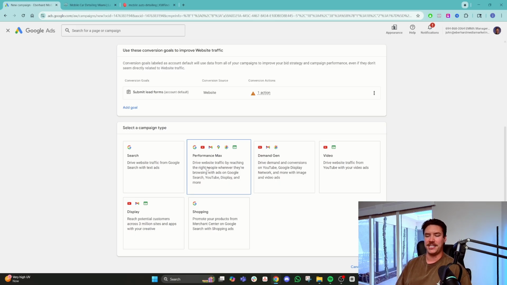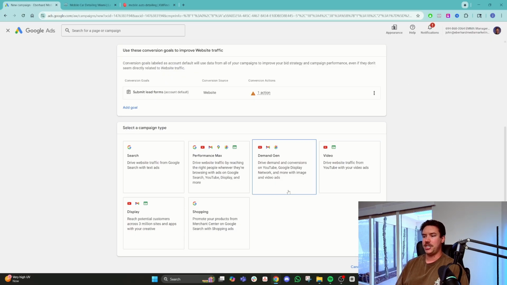And then a performance max campaign. You can even read these along with me. I'll go ahead and read them. Driving website traffic by reaching people whether they're browsing on Google search, YouTube, display, or more. So this is where you're typically going to have to have a lot more assets, such as photos, videos, etc. Because now not only are your ads going to be seen when someone looks something up in Google, but you're also going to have your videos and photos shown on YouTube ads. You're going to show up in the promotions tab on Gmail, on Maps, and display ads, like the banners and the side parts of other people's